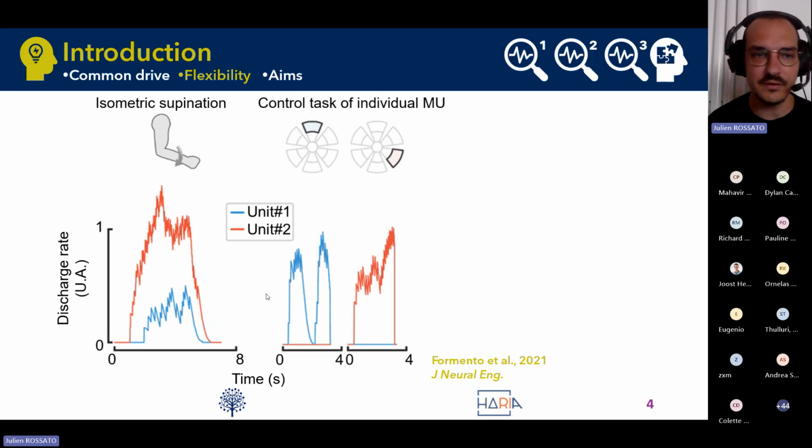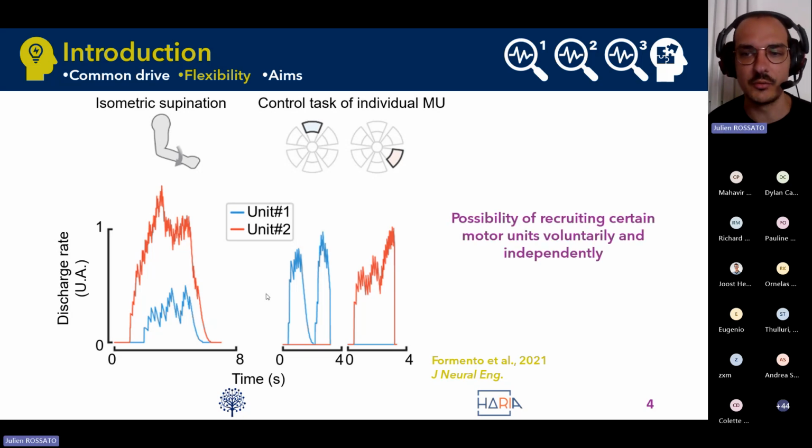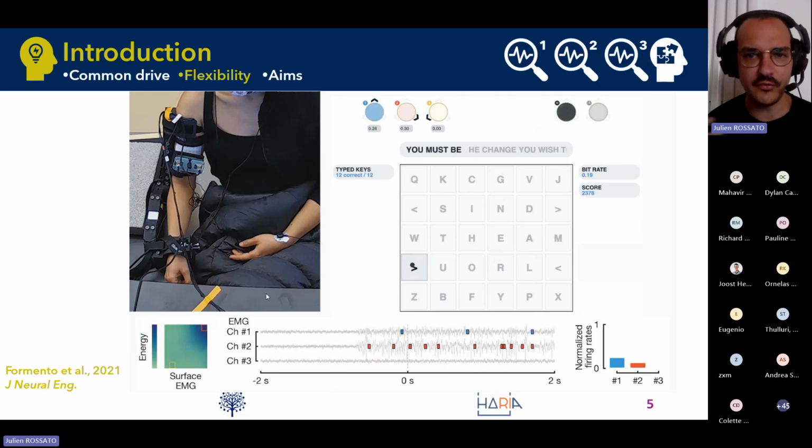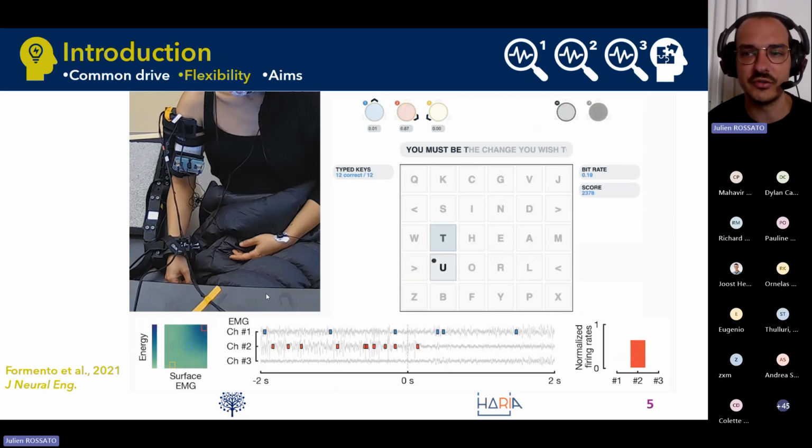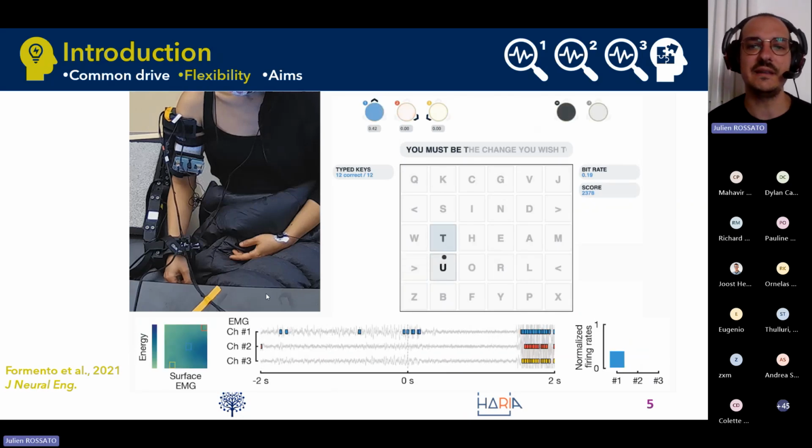However, if we look at different tasks, we can see that the participant is able to specifically recruit either motor unit 1 or motor unit 2. And so the size principle is no longer respected. These participants show a remarkable flexibility in controlling these two motor units, suggesting a specific command for motor units 1 and 2. To go further in understanding the control of motor units,